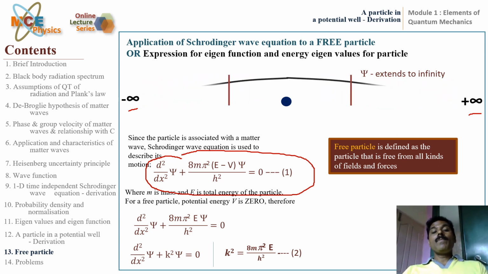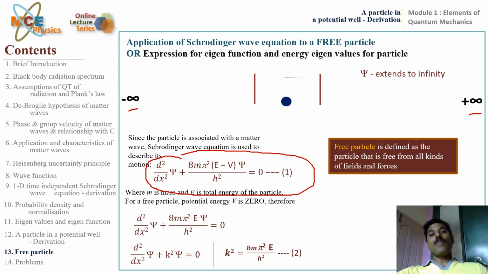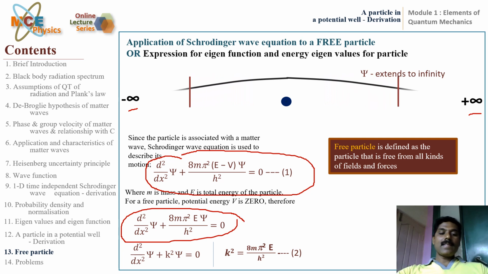It doesn't have any binding, it doesn't have any restrictions. Such a particle is the free particle, and since it can move from anywhere to anywhere with any velocity, its potential energy need not be high. It is 0. Mathematically, it can be assumed to be 0, because the particle during the motion can have higher kinetic energy as compared to the potential energy. So mathematically, we have treated that as 0. Therefore, we got this expression, and by comparing it with the classical physics, as I mentioned in the previous derivation, we take 8 pi square E by h square as k square.